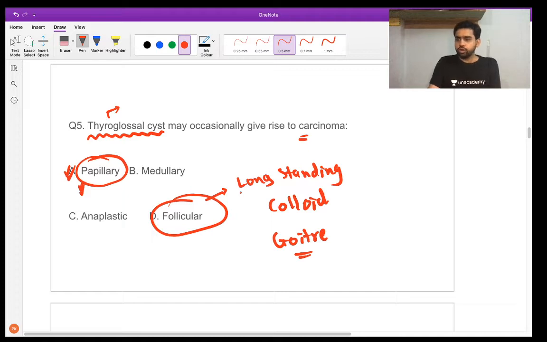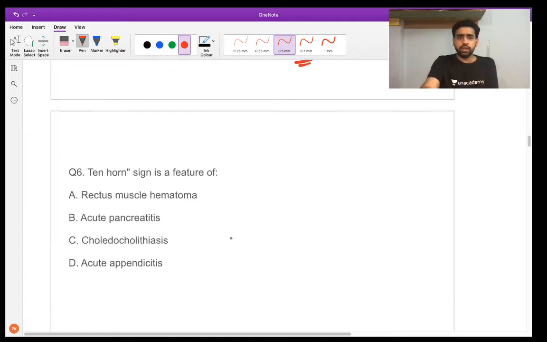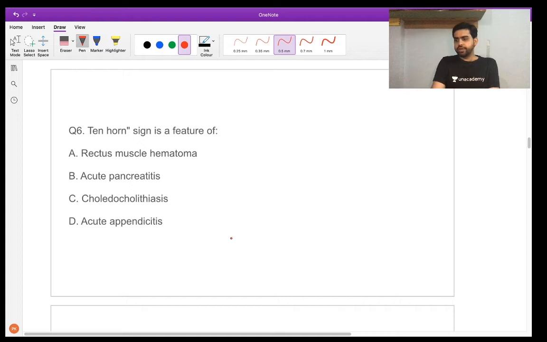Okay, now let us talk about the next question. Tenhorn sign is a feature of what? Is it a feature of rectus muscle hematoma, acute pancreatitis, cholelithiasis, or acute appendicitis? So what is the answer? Shalini, Sanjana, Madhu, Shraddha, what is the answer to this question? Tenhorn sign. Any vague memories about this? Okay, so the answer to this question is